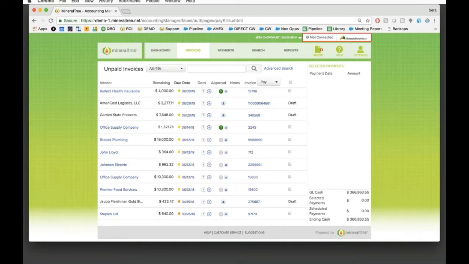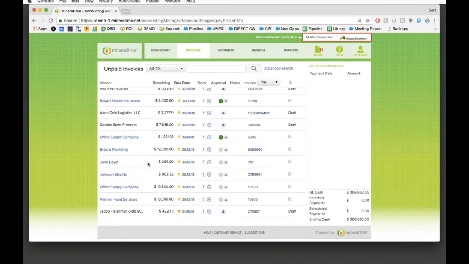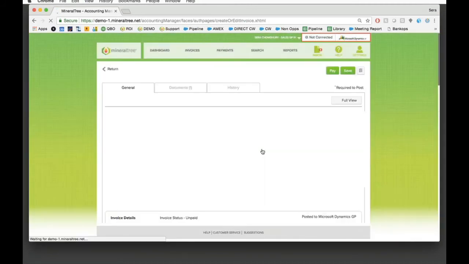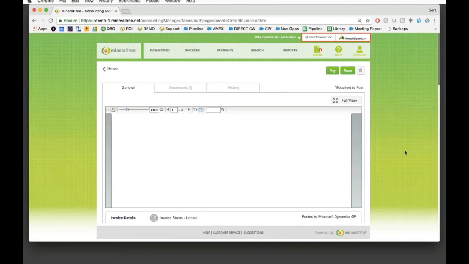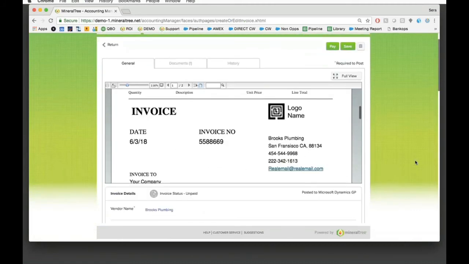You can either build automated workflows by vendor or by company. So that way, when a bill comes in for this vendor, or when a bill comes in in general, it goes to this person, that person. Or you can build workflows ad hoc if you're not there yet with how you want to structure things. Once you click on the bill, if you just scroll to the very bottom of the screen right here,